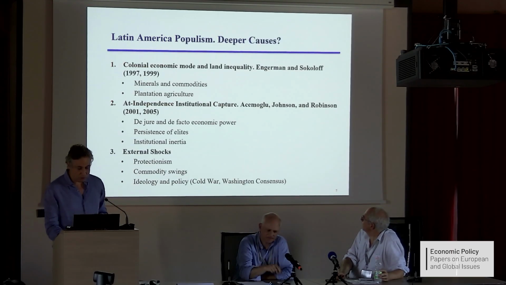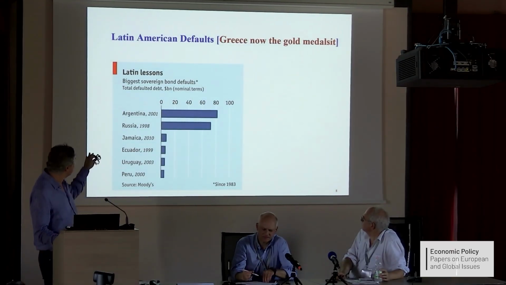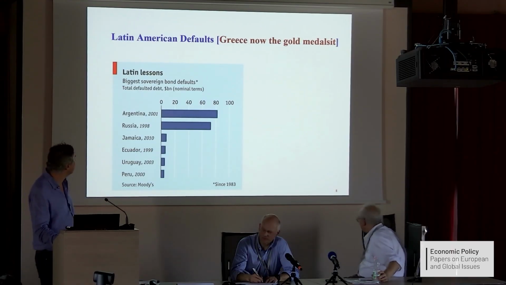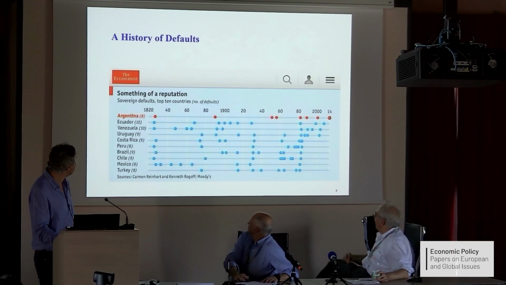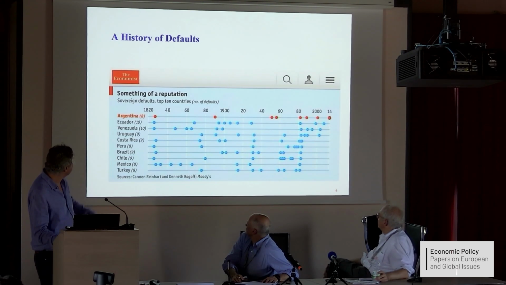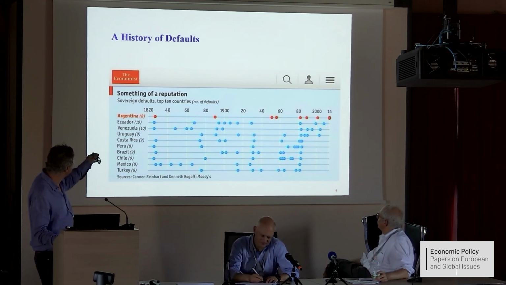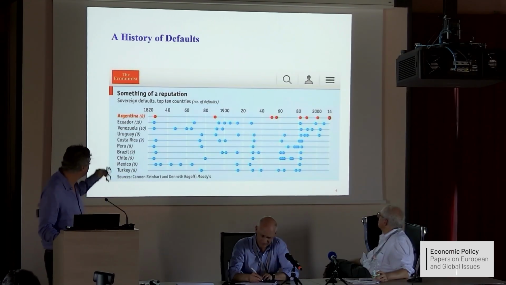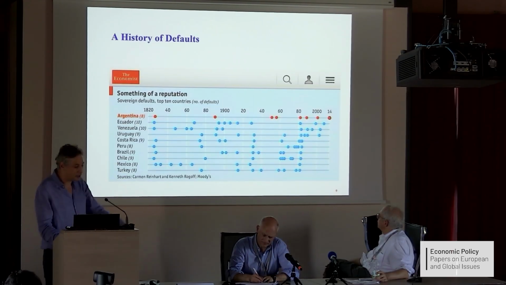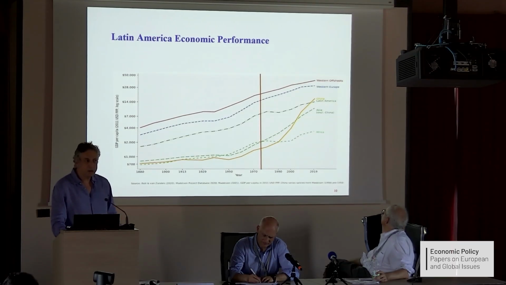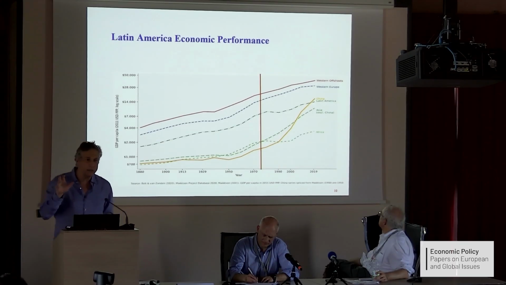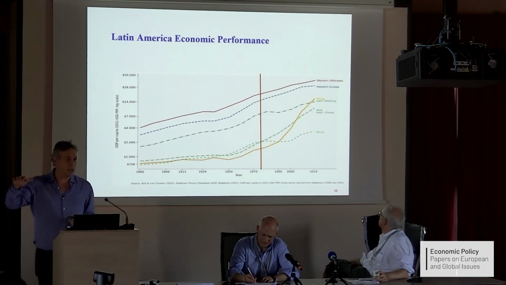Let me just show you some statistics. The biggest 5 defaults in history, although now Greece holds the gold medal in this fantastic ranking. Recurrent defaults: Argentina, Ecuador, Venezuela. Actually, Turkey has just 8 defaults, being at par with Argentina. But also what those crises tend to mask is these efficiency gaps.